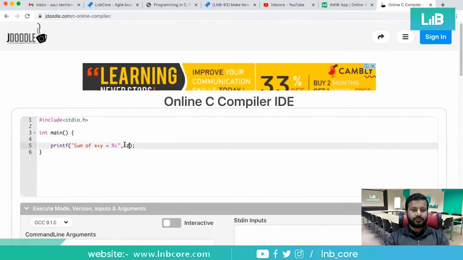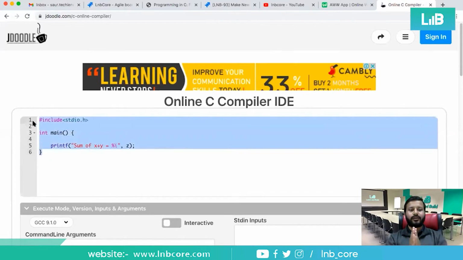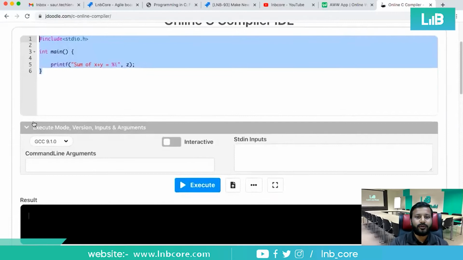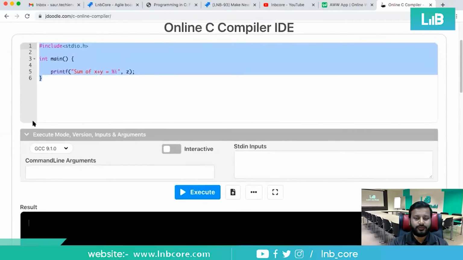This is the sample program by JDoodle, and they have a C compiler there. Using this, we can write our own programs. This is what we have been using for the last 4 days also. The compiler version we are using is 9.1.0. You can change this compiler also, to GCC or something like that.